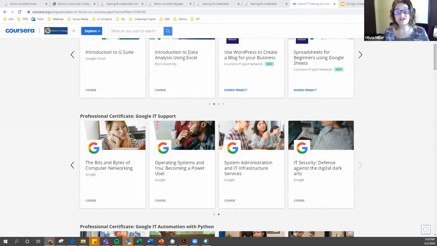So that Service Finder link I sent you, where you can locate your Illinois WorkNet office, as well as a bunch of different organizations in your area that offer different services, such as resume writing, assistance finding trainings, or learning what programs might be out there to help you fund different technology needs to be able to participate in these courses. You can use that Service Finder, but then your local WorkNet center will be able to help you with more information, and some of them will offer LinkedIn classes as well.